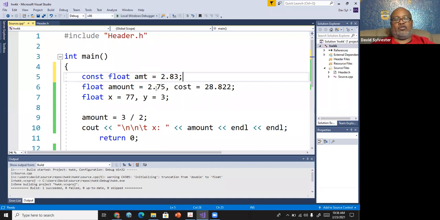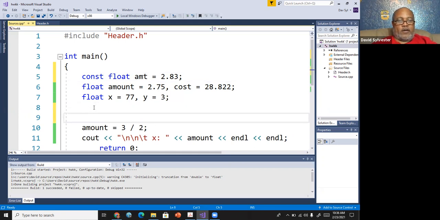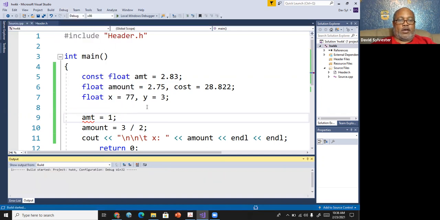If I try to change the value by assigning a different value to it, I'm going to get an error. To give an example, if I do this here, say AMT is equal to 1, see, it gives me an error. But watch here, I'm going to run it and show you the error it gives.